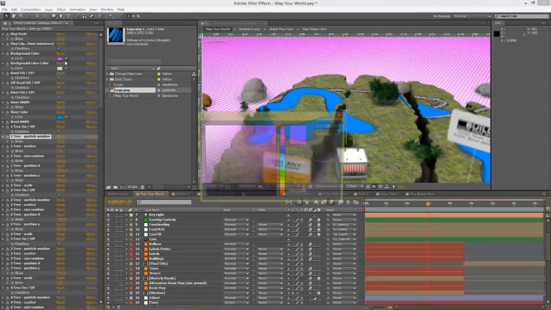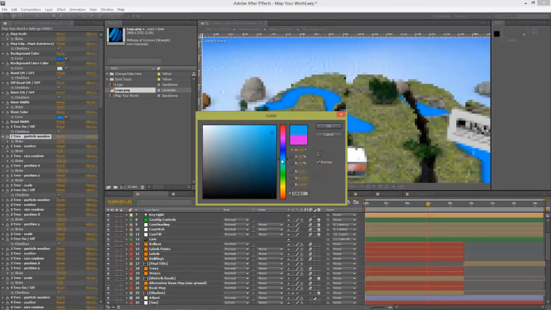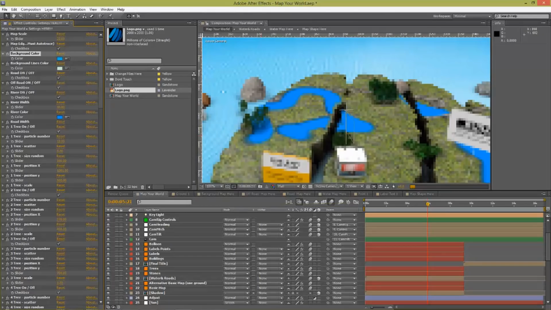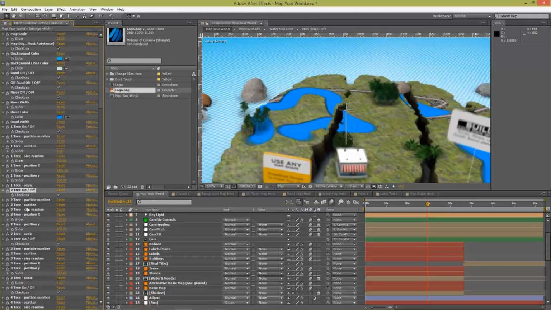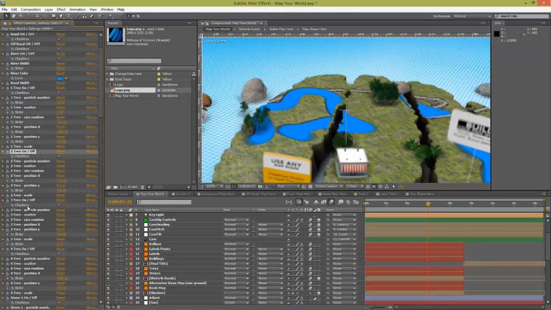Let me go back to this blue color, because the earlier color is pretty depressive to me. Anyway,